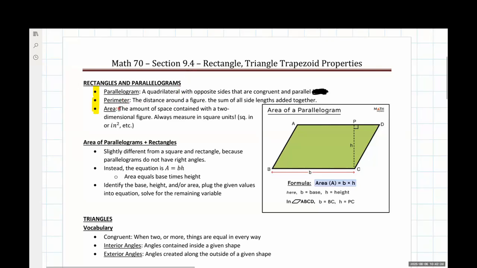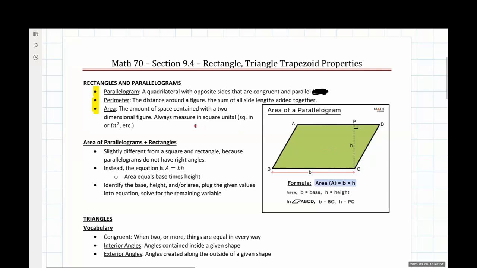Now, the other one that we have with that is the area of a shape. Again, the area isn't limited to just rectangles, triangles, and trapezoids. We see this with squares, we see this with rectangles, we see this with circles. The area is the amount of space that is contained inside of that two-dimensional figure, meaning it's the area inside of all of this and how much space is inside that.